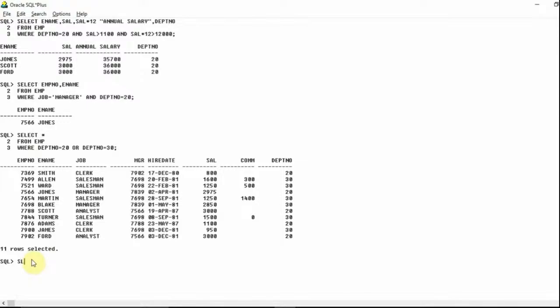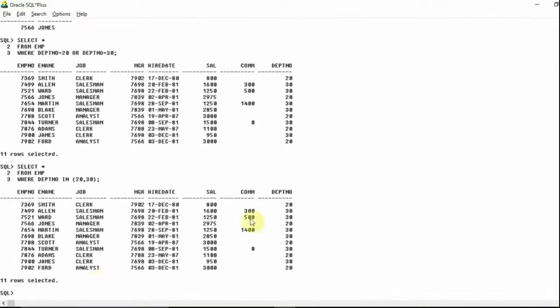I will write select star from EMP where DEPT number, I will use the IN operator here. This is the IN operator, and in brackets I can mention the department numbers 20, 30. This basically says that IN means OR: if the department number satisfies any of these conditions, either equal to 20 or equal to 30, then display the details. If I hit enter, you can see the same table has been displayed